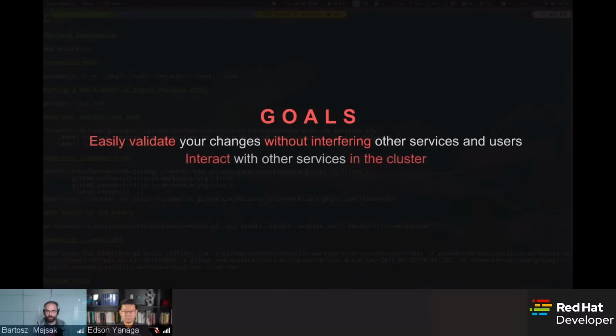The second goal we wanted to have is that the interaction with the other services happens in the cluster, because there is limited capacity on our local machines to run the ever-growing, ever-evolving microservices architecture. To put it in a simple way, there is no way you can run Netflix on your machine, for example. And the third goal is that